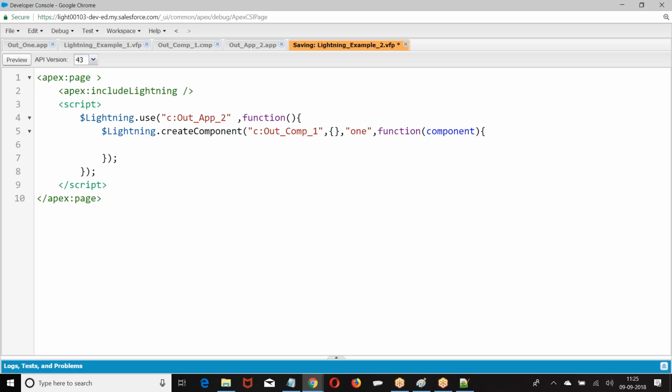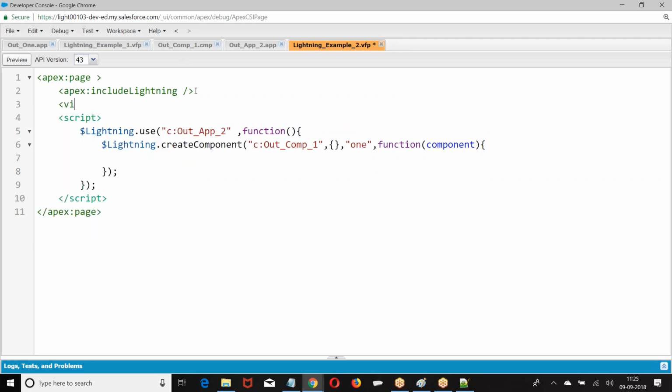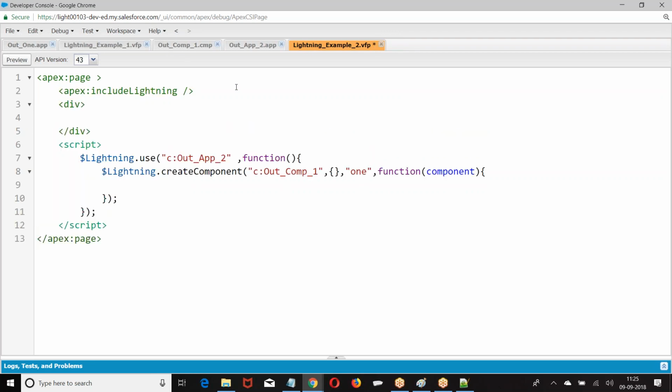This is what I created. So here I need to give the ID. Right, boss? Am I right? Lightning.createComponent, no parameters, and the ID is in one function. Have a preview.